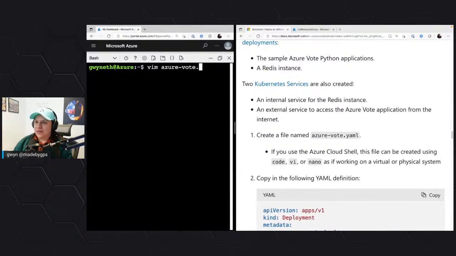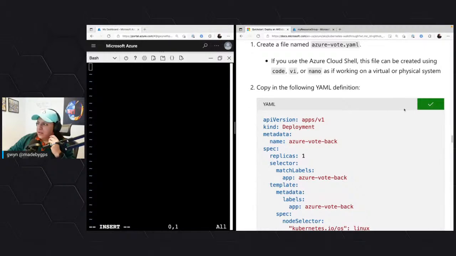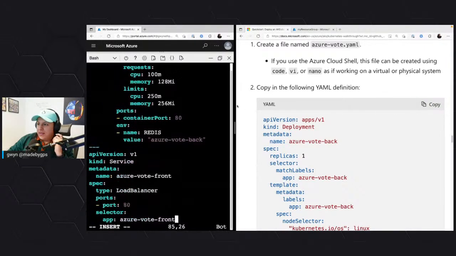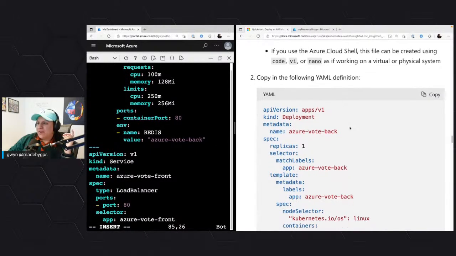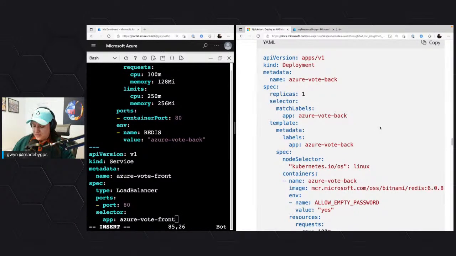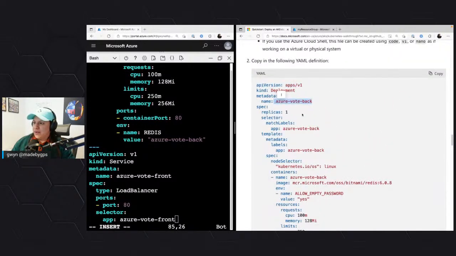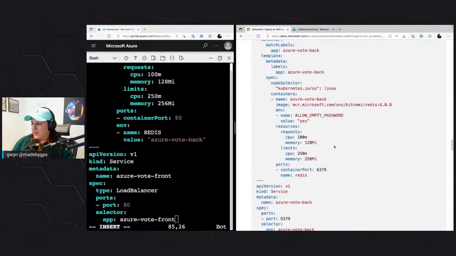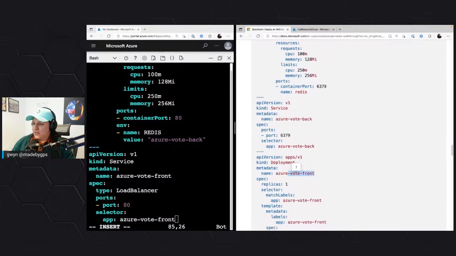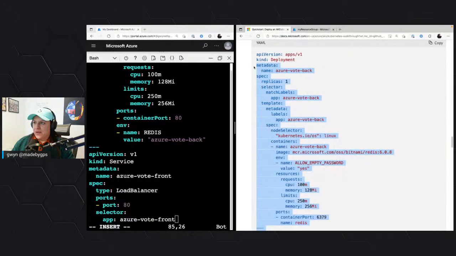So we're going to create this vote.yaml to start describing what we want for our Kubernetes cluster. I'm going to copy this, and then we can just step through it, because it's quite a lot. So what do we have here? Since we're deploying two containers, essentially two services, I'm going to try to make this just a little smaller because it's easier to see. So we see here we have Azure Vote Back, and then we go down here, and we have Azure Vote Front. Essentially this half up here is describing what we're using in the back, which is a Redis